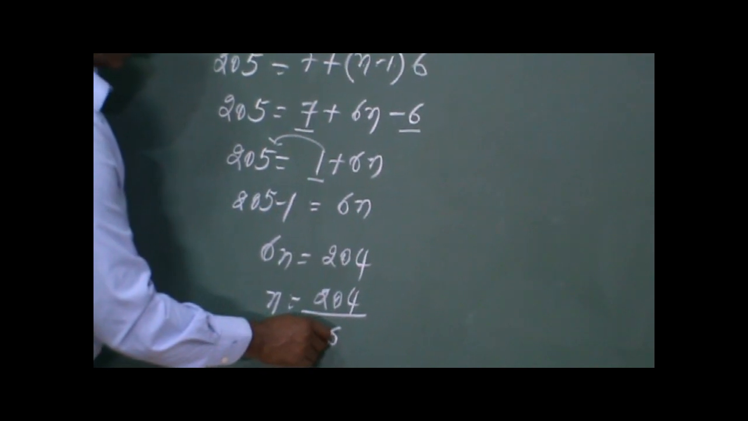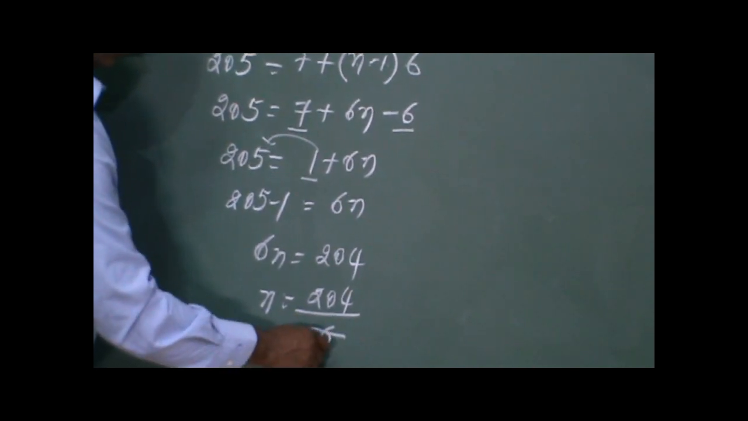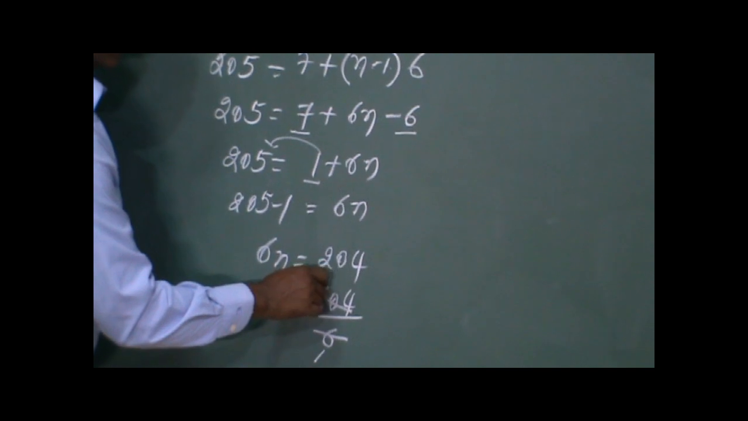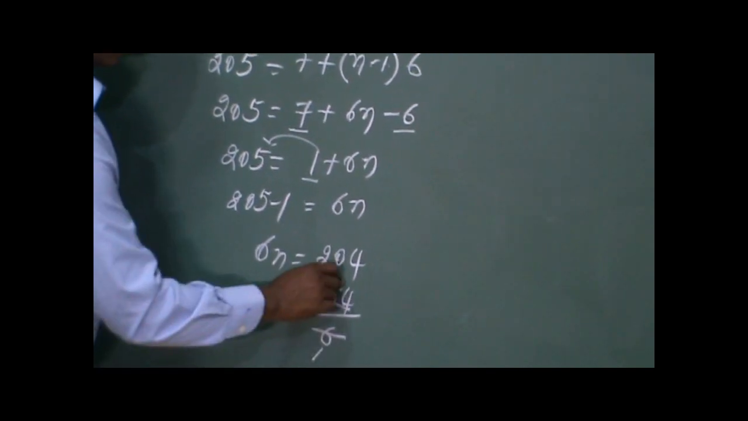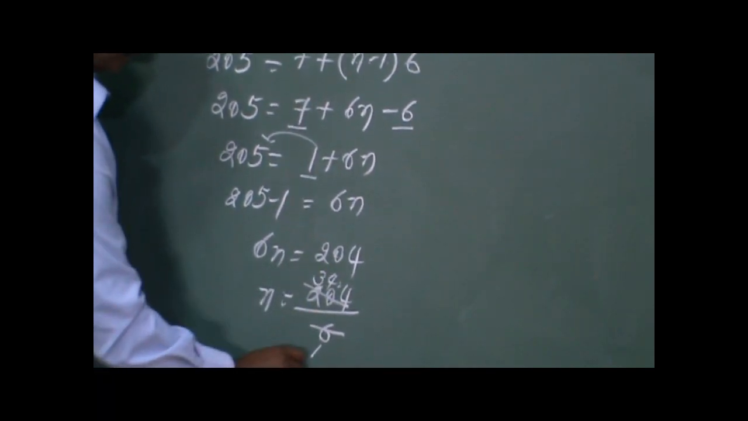So you can go with this. 6 ones are 6, 6 threes are 18, 2 is remaining, 6 fours are 24. So N is equal to